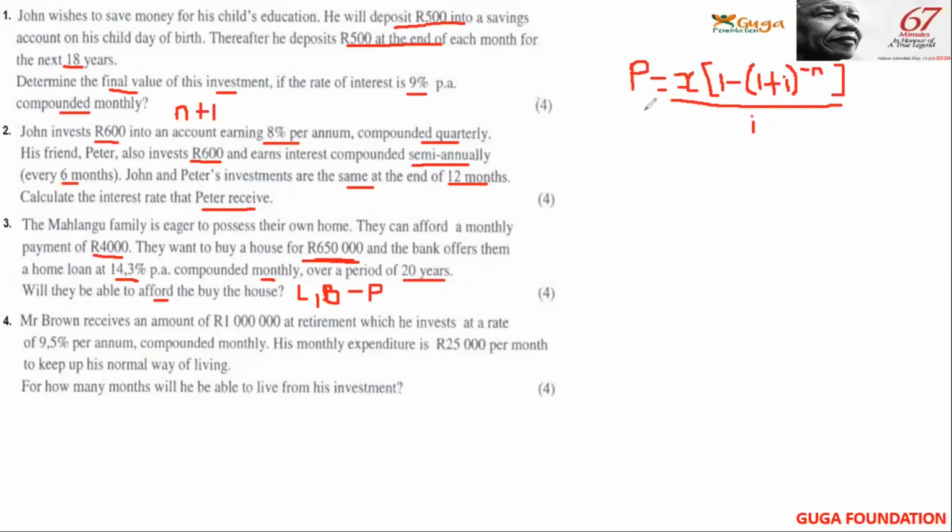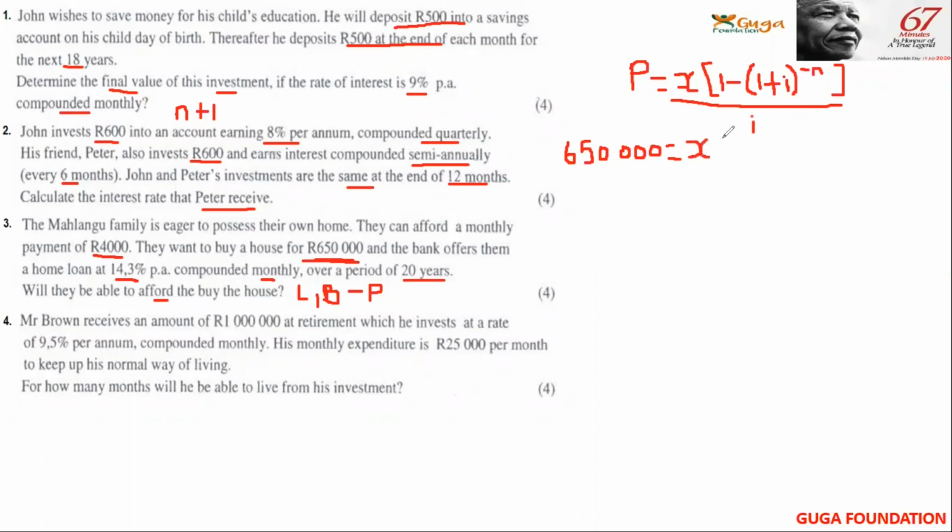Okay, so now we just substitute all the values and we solve for x here. So it will be 650,000, which is equals to monthly installment,